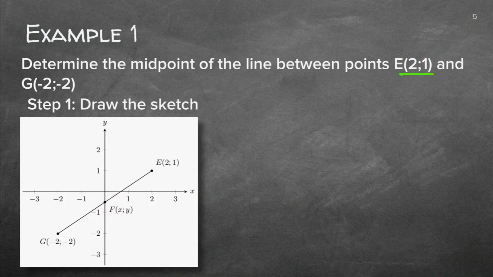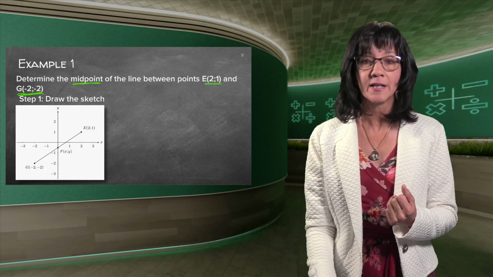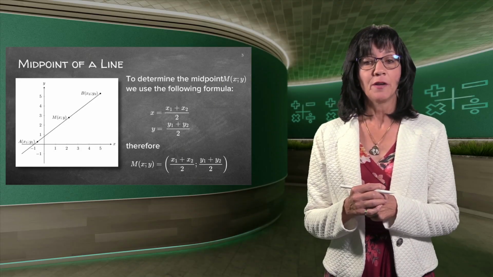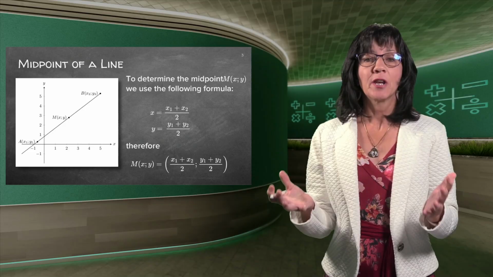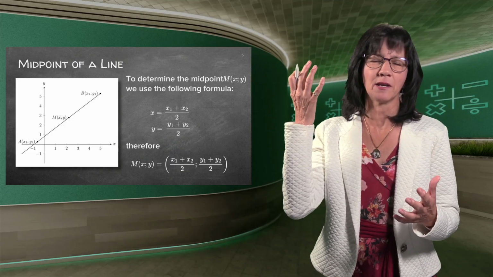They give you 2 points, E and G, and I've already drawn the sketch because it just looks a bit neater. What do I do when I read find the midpoint? I think I'm going to quickly just go back. I read a word now, and I told you what midpoint is, but I need to know how to find this midpoint. So I need a formula for this midpoint. If I go back a step, we can check what it means. It's right in the middle, and actually our logical mind can tell us what it should be.